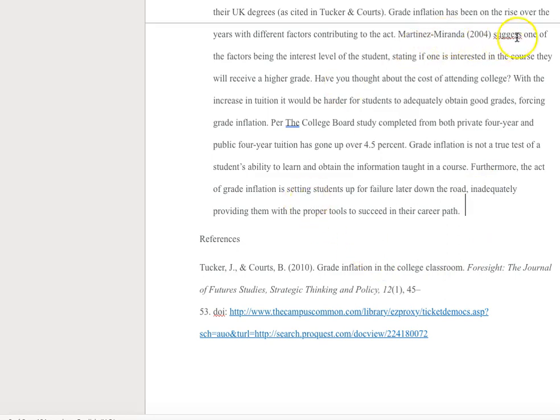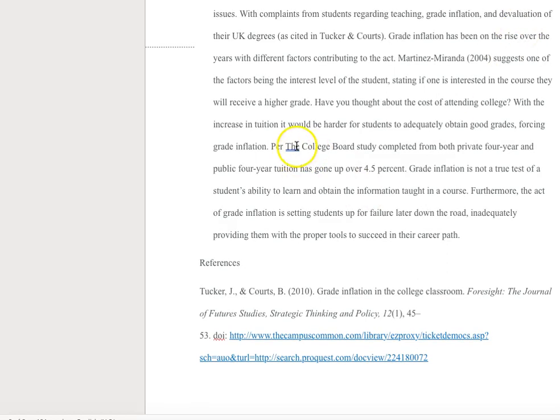So finally, we have right here, suggest one of the factors per the College Board. It just is awkward, but that's how it is. And we'll go here to references. Our references in the real world would be on their own separate page. They would be alphabetized. This part is properly done in terms of